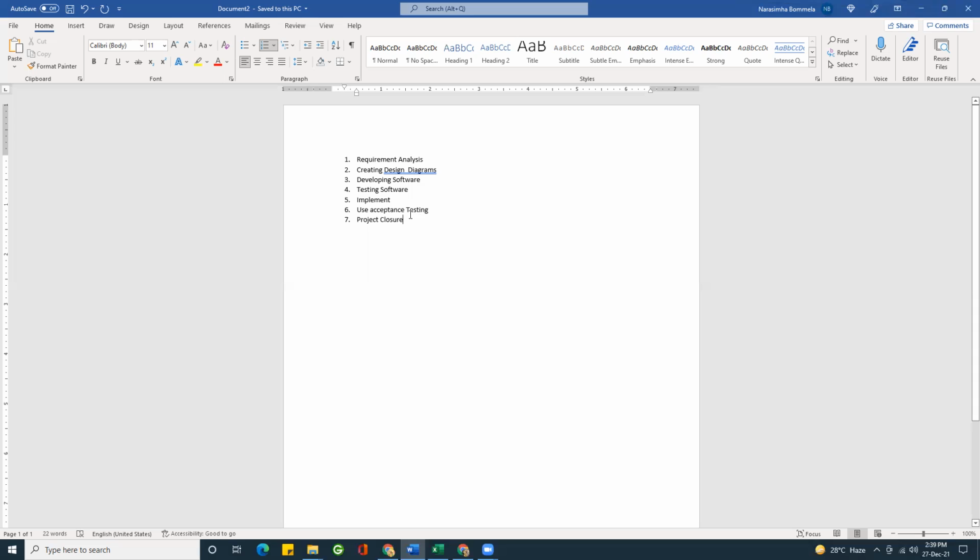These are the key, very important activities or works that we conduct as part of completing the project. How can we know what the key activities are? It is very simple.